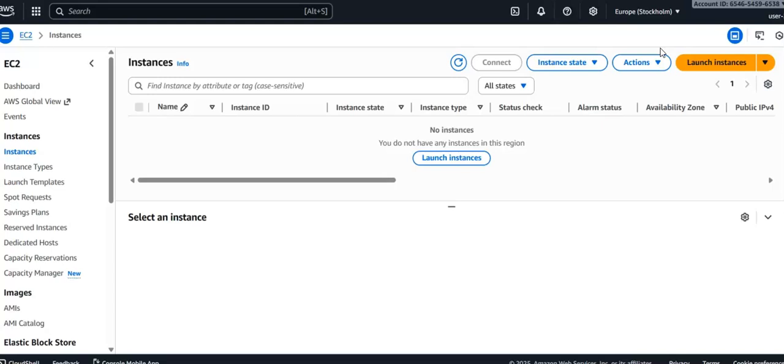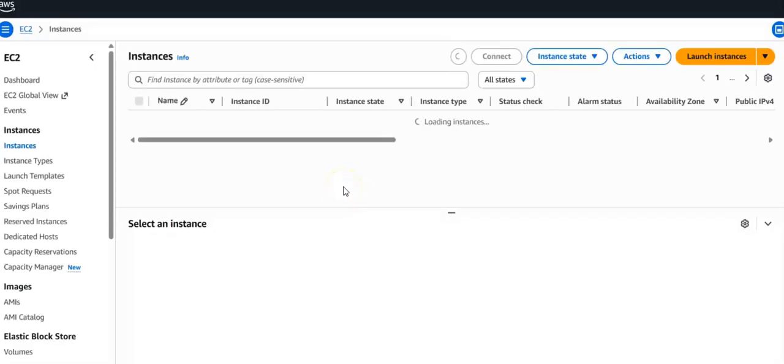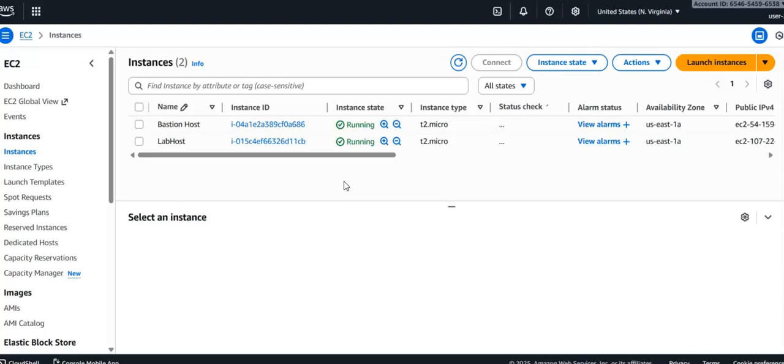It did say that also in the instructions. Maybe it will show some now. Okay, yeah, so we could see instances now since we changed the region to the correct one. So it wanted me to select